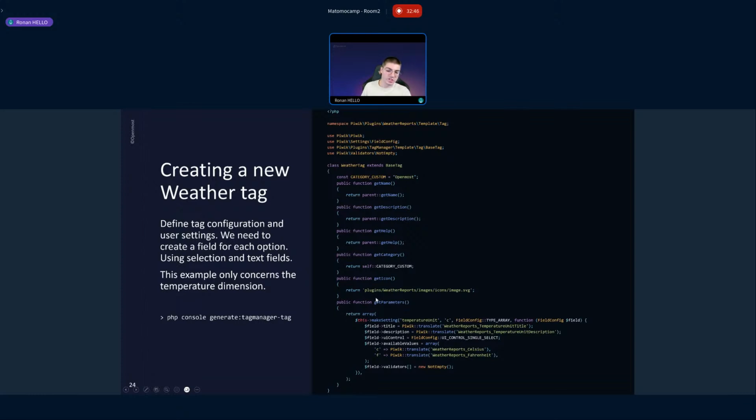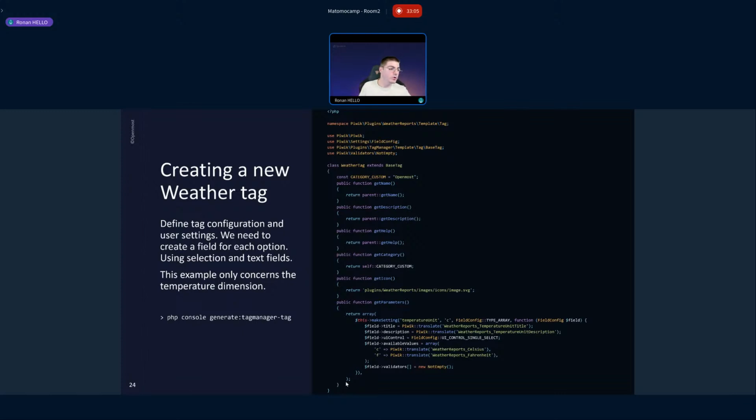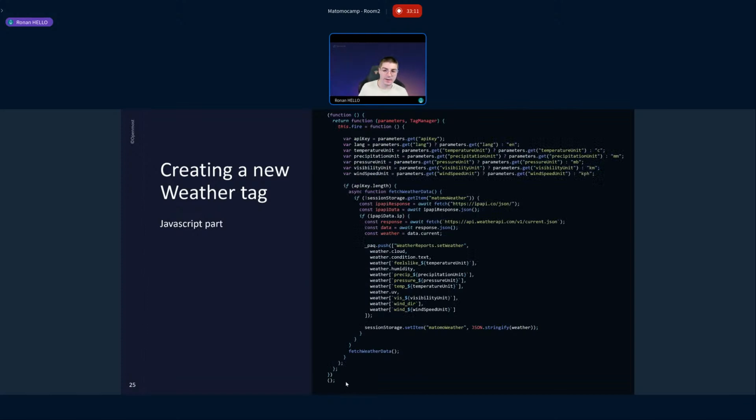That's quite easy. The only things we have to change are the category and the icon, and provide some controls that are already generated in the template tags, but you have to edit the controls. And then we have to make the JavaScript part of that tag. So here is the backend part of the tag, the PHP tag and the UI in the Tag Manager. And here is the working part, the JavaScript part of the tag. The JavaScript part of the tag is obviously the same thing as the code we pasted the hard way. But here, you don't have to do anything. I already did it for you, and it's working in the tag.